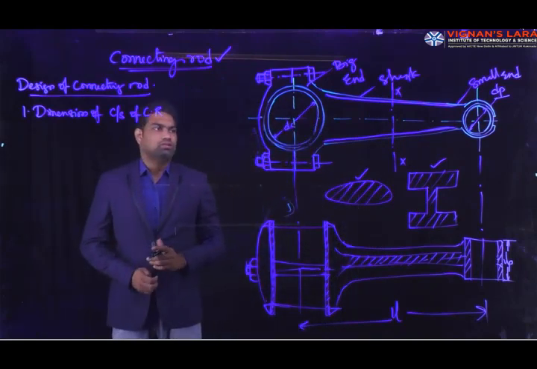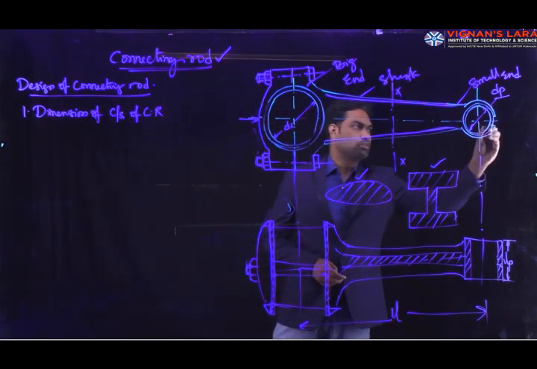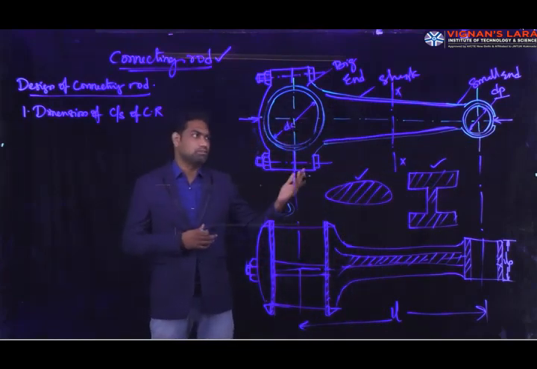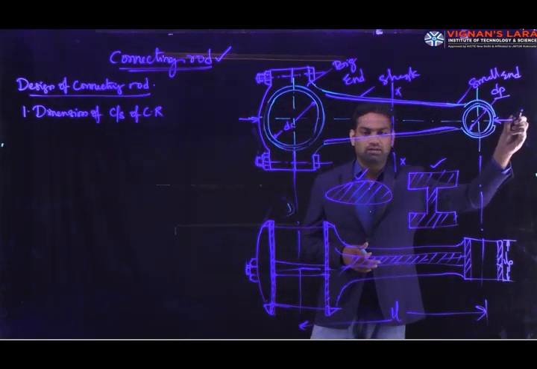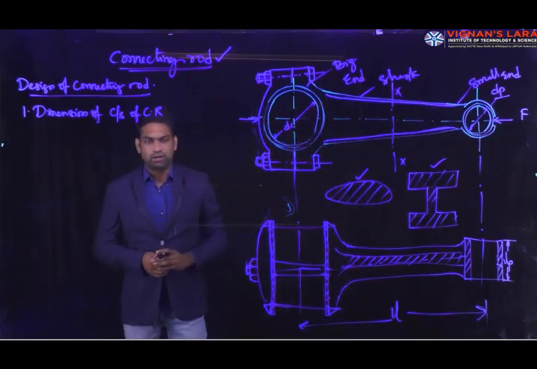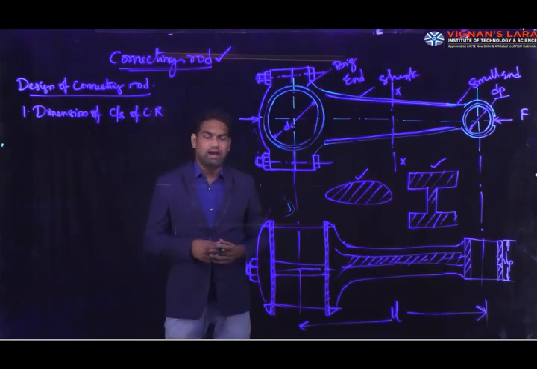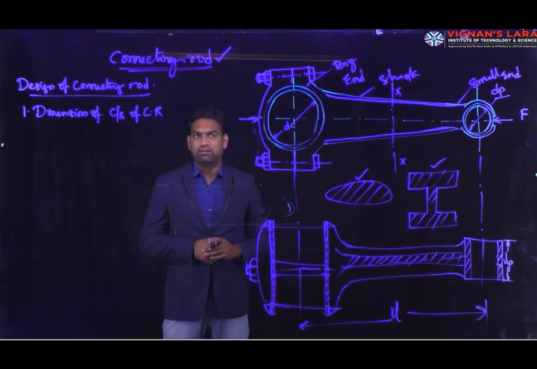So the connecting rod is always subjected to push and pull, that is compression and tension, on both sides of the connecting rod, that is at the piston pin. We have the piston here, and due to the force acting from the piston, because of the reciprocating motion of the piston, the force acts at the small end, and as well as at the crank pin. So continuous compression and tension act on the connecting rod.